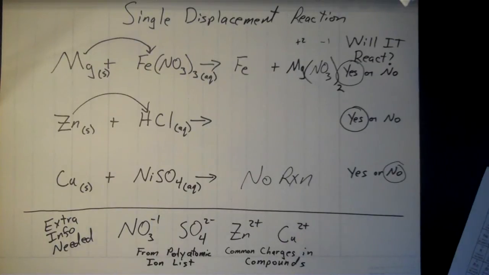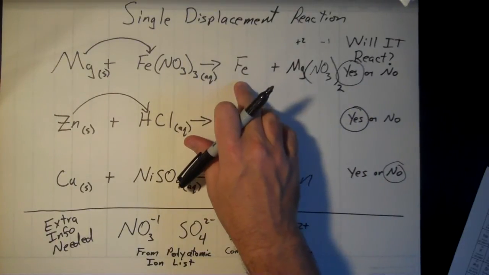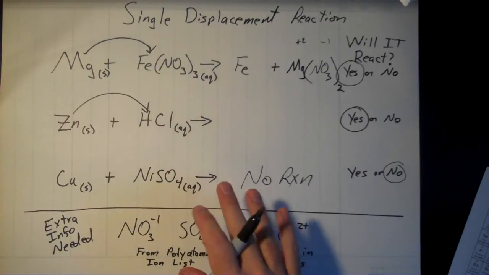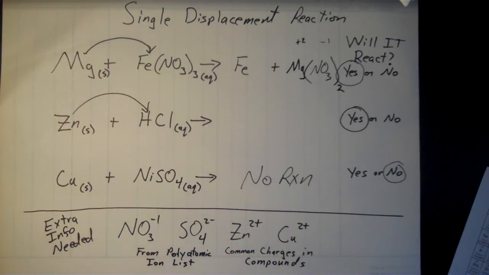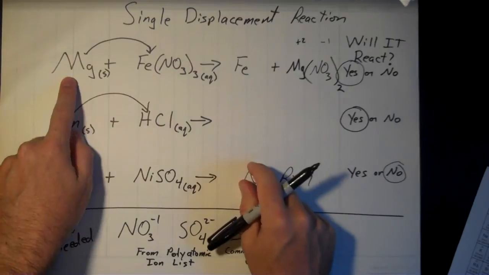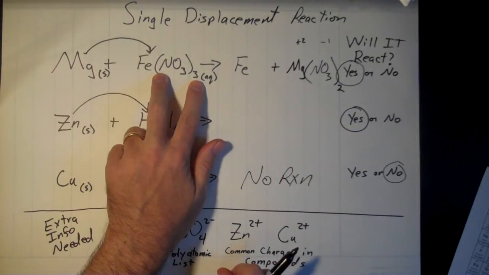All right, and then the last thing we need to do then is balance the equation. Once we get our formulas right, the metal is really easy by itself. You just need one of those, again, unless it's hydrogen, and then balancing that formula out, we've got that done. Now we can balance the equation. So I've got 1 magnesium over here, 1 magnesium here, so far so good. 1 iron there, 1 iron there, so far so good. But I've got 3 nitrates.